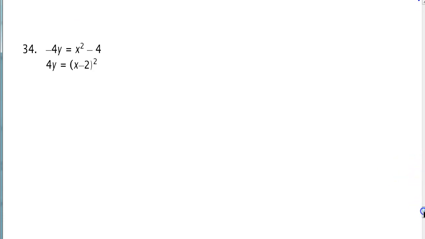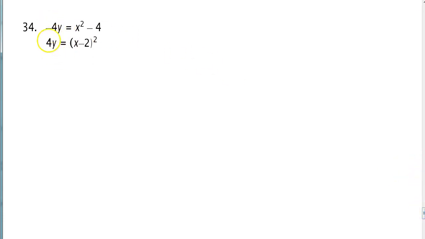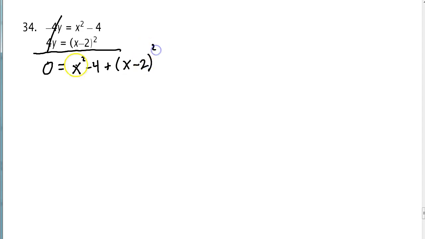Right. Here you can see another great candidate for the elimination method because they're already set up to cancel out and equal 0. -4y and +4y already equals 0. So we don't have to do any extra prep work here. So now we have the top here plus the bottom, and it's all equal to 0. So I'm just going to expand this x minus 2, simplify it with this x squared and minus 4, and see what I get. So I need to know how to expand x minus 2, of course,